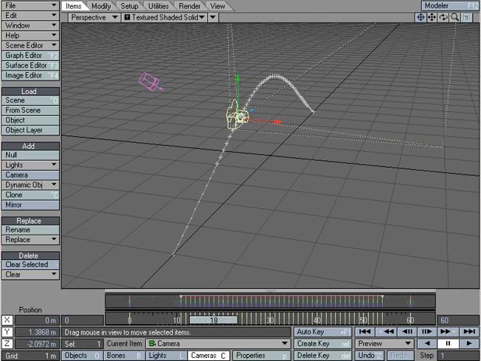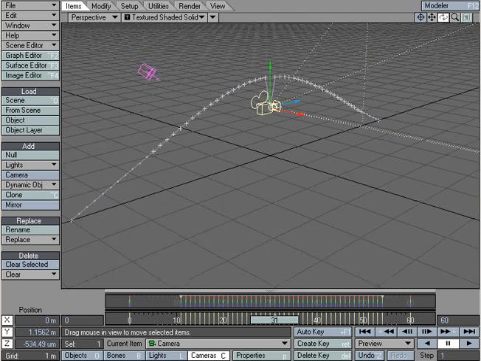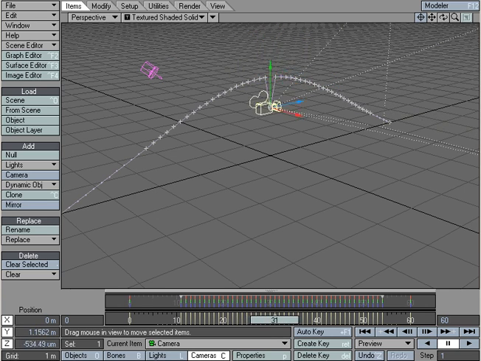Well, if I go in, and let's just come over here, and if I go in and bring this keyframe down, let me kind of rotate this so you can see. Now I've got a spike in my motion. It's not very pretty to look at, and if I want to clean that up, well, I can simply come